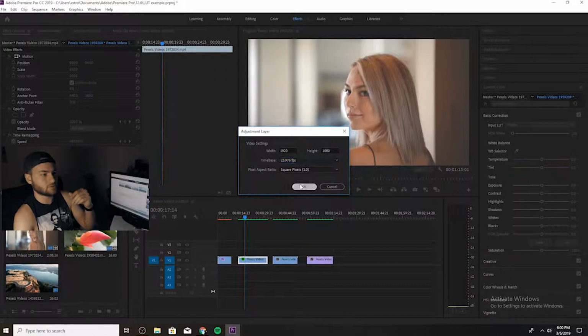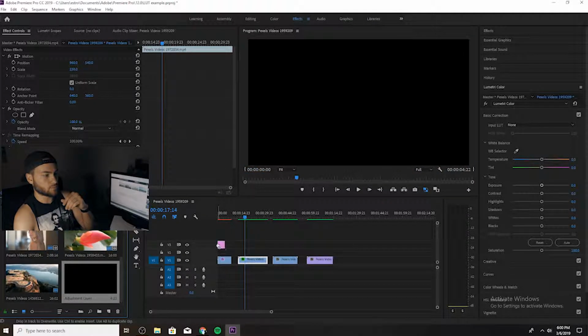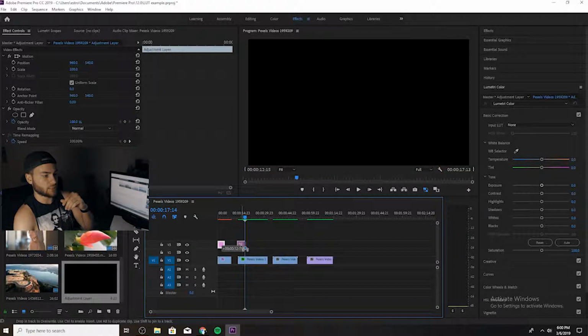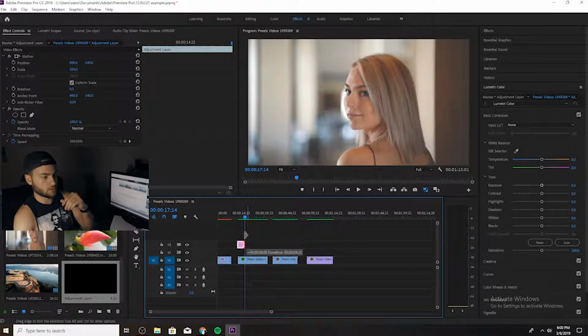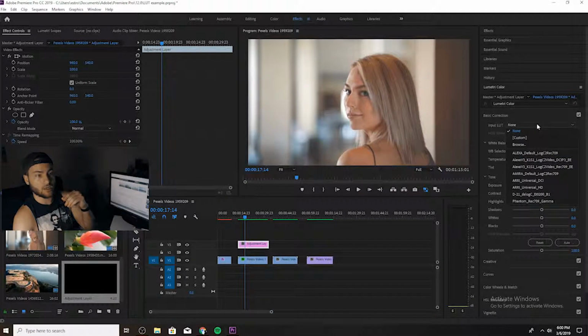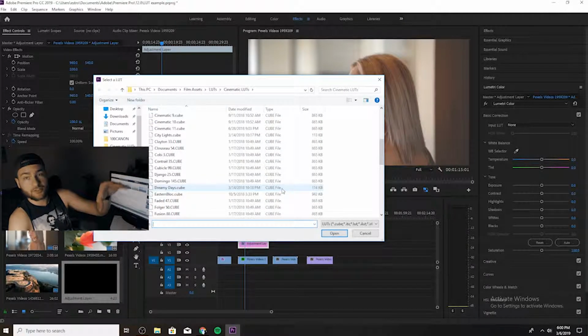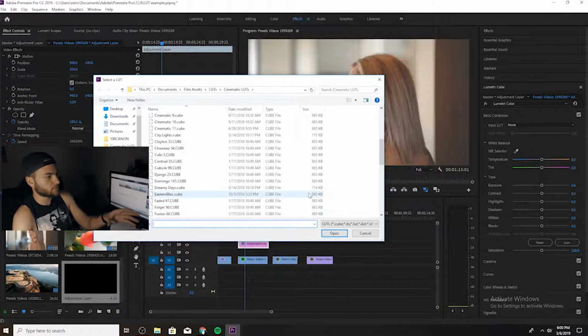Usually it will go directly to what the sequence is, and then it creates this black image, and then you just pull it over, and now you have an adjustment layer, and you can pull that over to however long your clip is. And right here, instead of going directly onto the image, you can now put it directly on an adjustment layer, so it's by itself. You can add your exposure, contrast straight to your image, and then put your LUT on your adjustment layer, and then put it over your LUT on multiple different